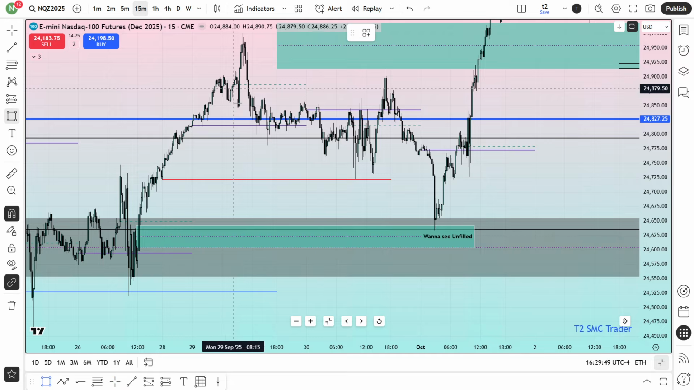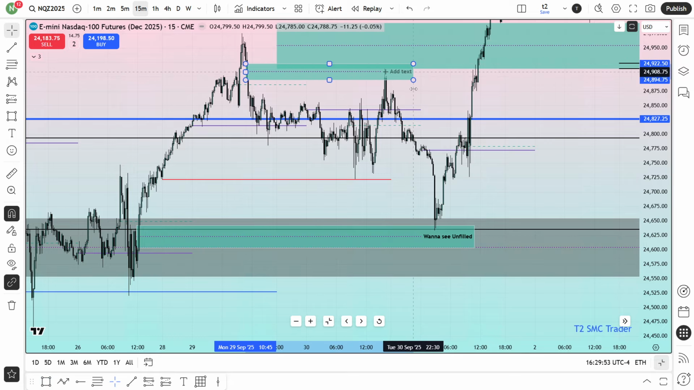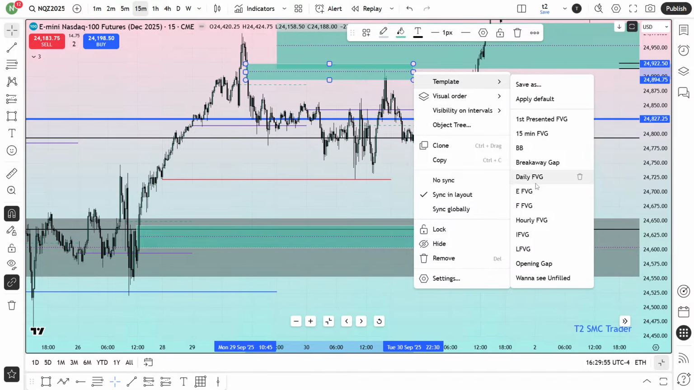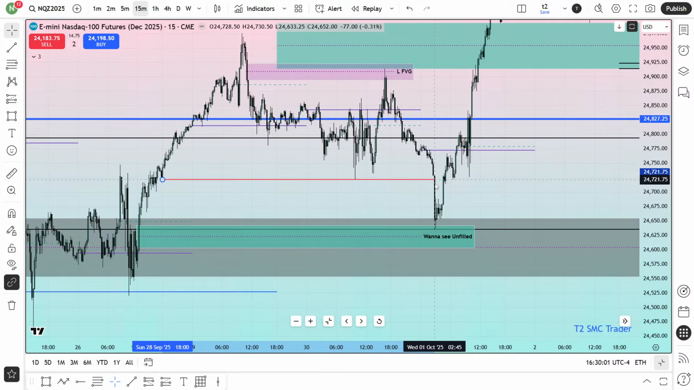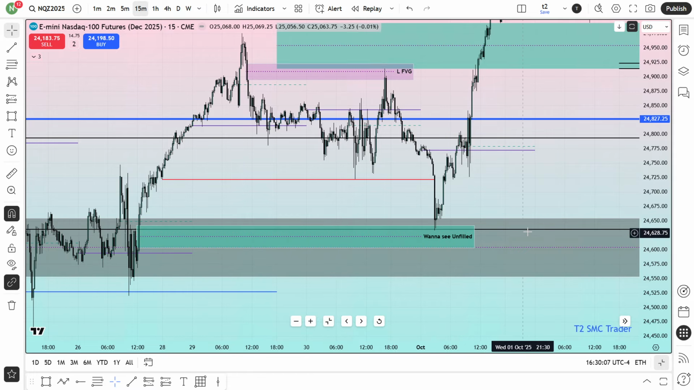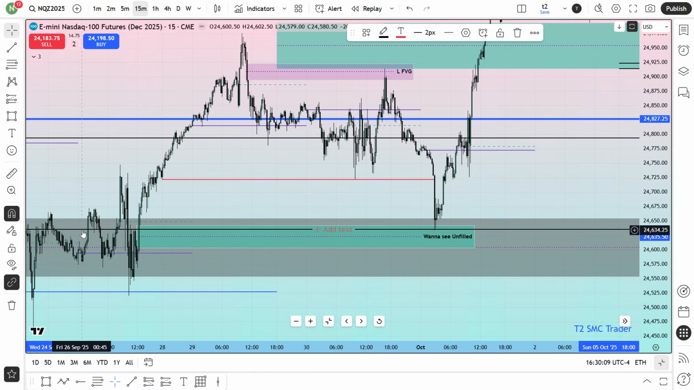Came to this last fair value gap from the 15-minute chart. Here, this is the last fair value gap from the 15-minute chart. Trade this last fair value gap. Took that relatively equal lows, which was very clean lows over here. Took it, come back again to this daily bullish fair value gap, as well as this rejection block from the